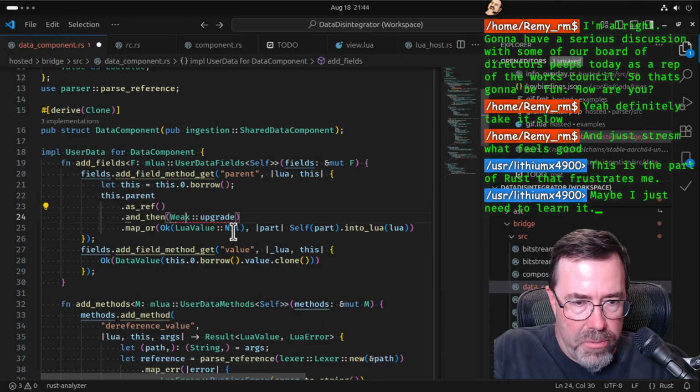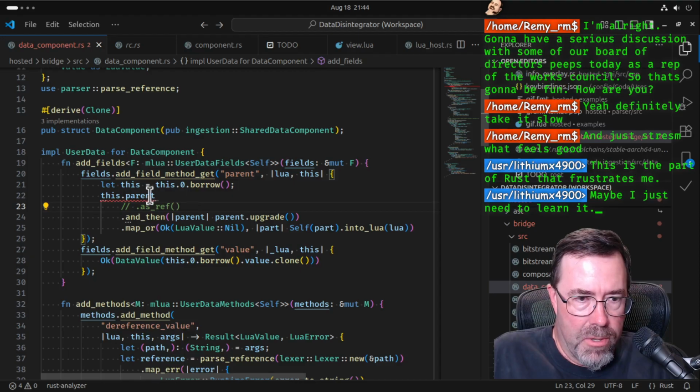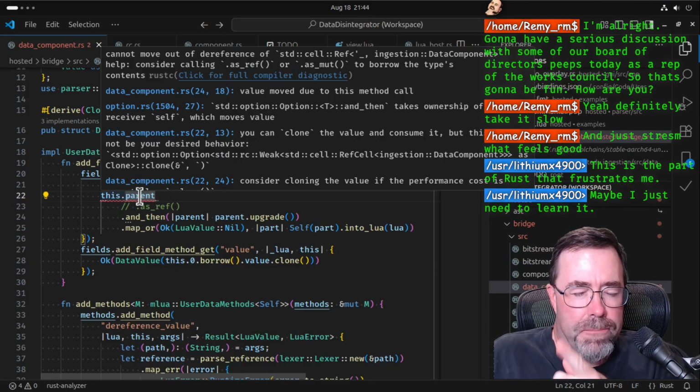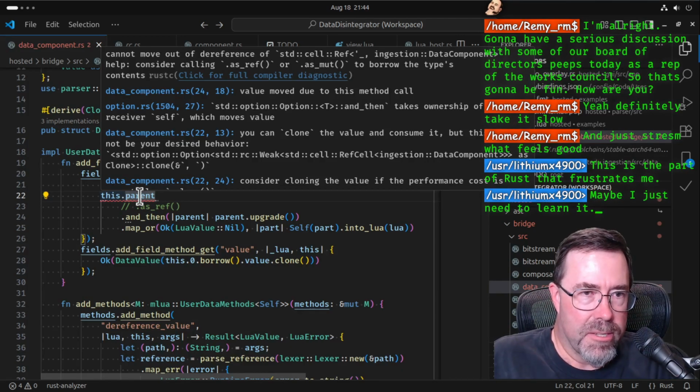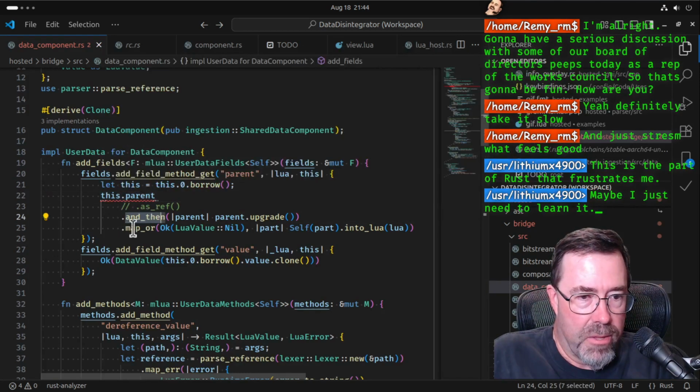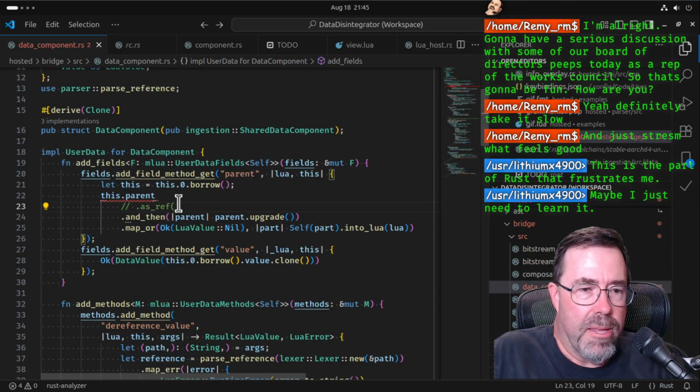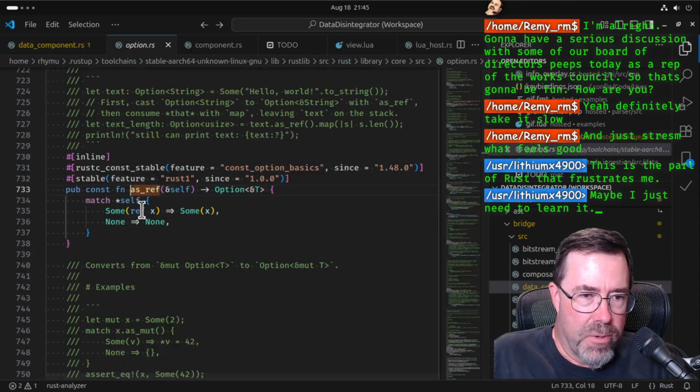Well, let's go back a little. Okay, now without the asref, right? It'll say cannot move out of something. So you have to get exposed to this many times to connect the dots and say, when you see an error like cannot move out, you probably are taking an owned value and then trying to map that owned value, which does a move out. So whenever you have an and_then or a map and it leads to a cannot move out of, it's like, well, okay, that means I need to do an asref, because what asref does is